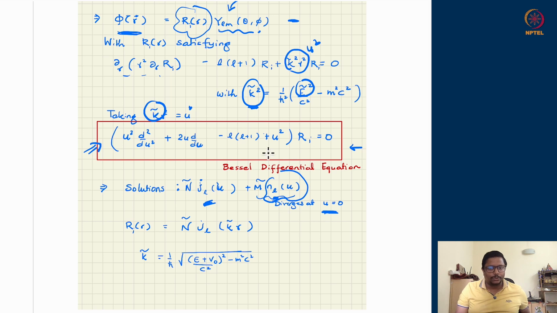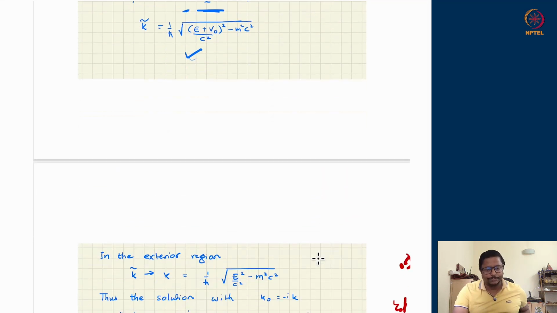I want my solutions or the wave function to be regular everywhere inside. So therefore, if this term should not appear, that means its coefficient should be 0. So all I am left with is the first piece. The radial part should be just the J_l(k tilde r), where k tilde is this. N tilde is some normalization constant which I will put. So overall wave function will become this radial times Y_lm(theta, phi). Okay, this is for region 1.